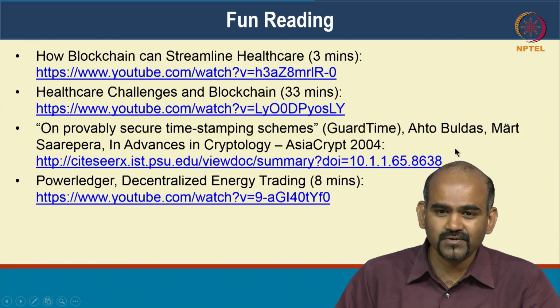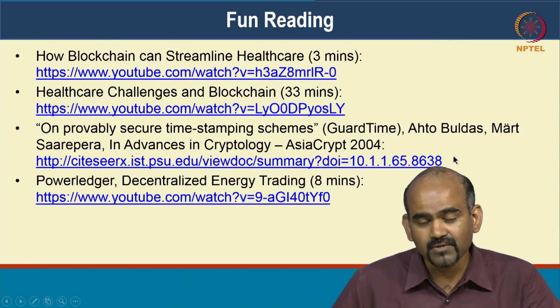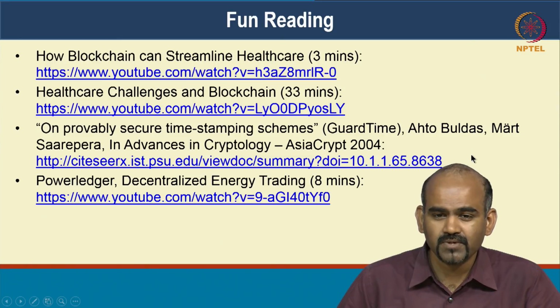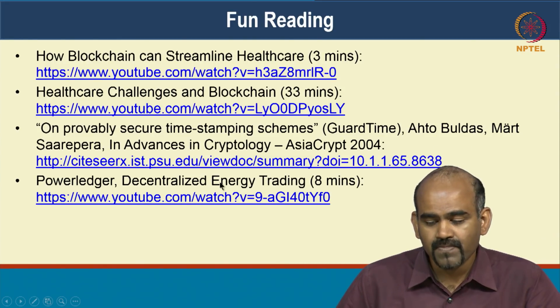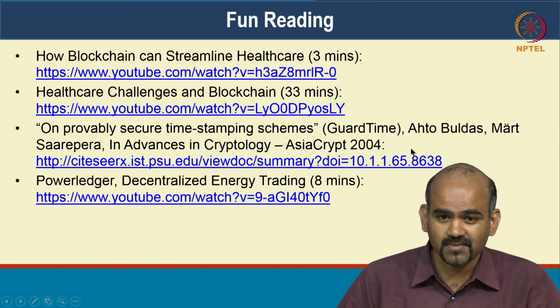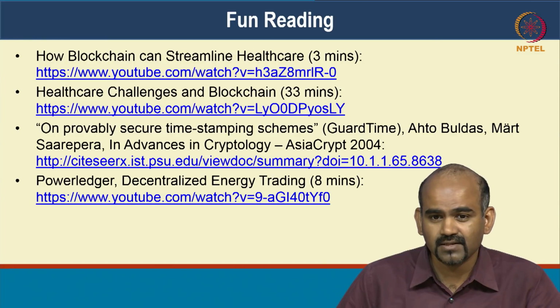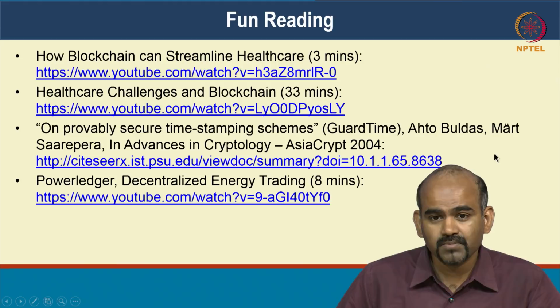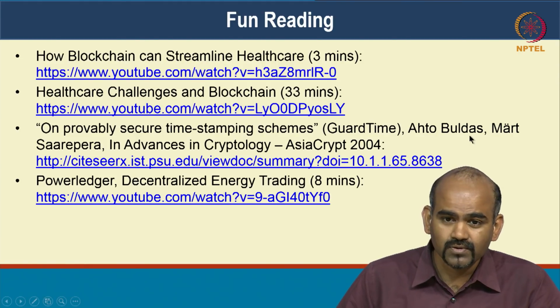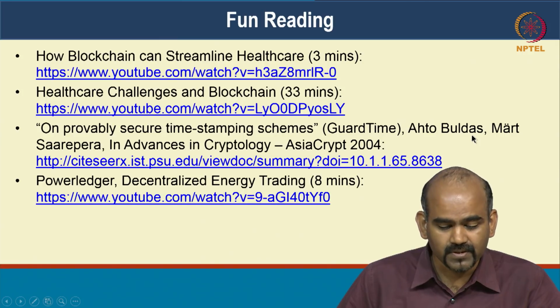I would give you that word of caution. I would recommend this if you are probably pursuing a PhD in security, then it might be a useful read. I have to admit that I only understand this at a very conceptual level. I don't understand the math, so I've not gone through this in detail. But if you're pursuing a PhD in cryptography or in security, I would encourage you to read this paper.